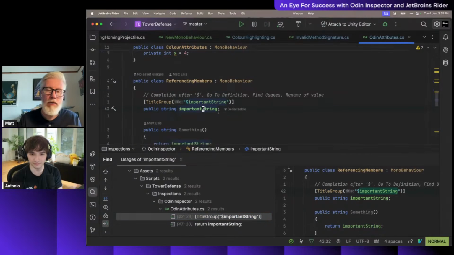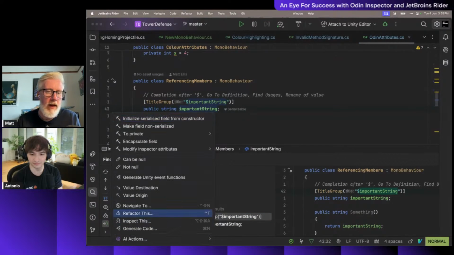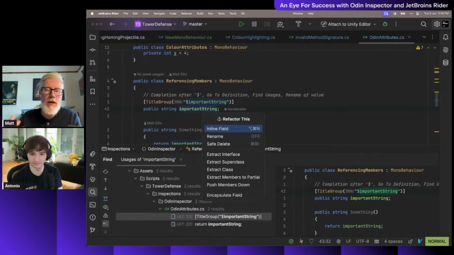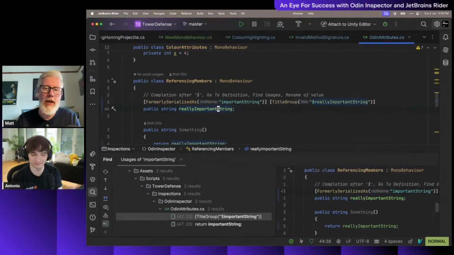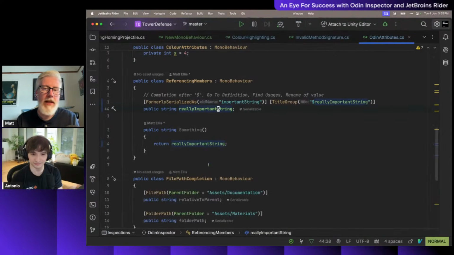And in fact, I could rename this as well. So we've got refactorings as well, which are a great safe way of being able to rewrite your code. So I can rename things, and I know that I'm only going to rename the symbols for important string rather than just any string in a comment, for example. Let's call that a really important string. And we can see, let me just hide that again. We've updated the return statements, we've updated the actual definition itself, and we've updated the usage in the title group,